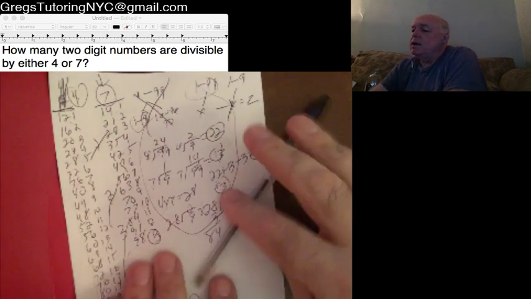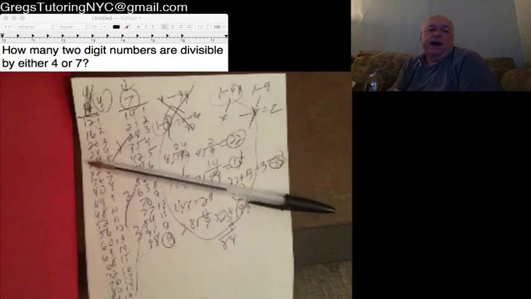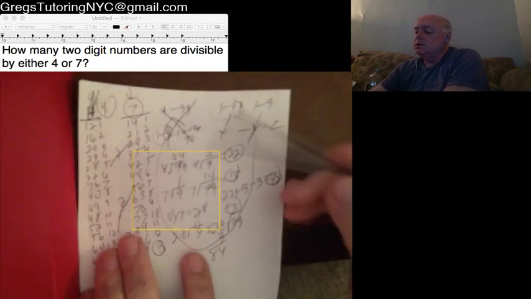Now, before you get too carried away with this, remember the question says how many 2-digit numbers are divisible by either 4 or 7. It could also say the opposite of that. How many 2-digit numbers are not divisible by either 4 or 7? The question could also be how many 2-digit numbers are divisible by both 4 and 7. Okay? This was either or. This would be both. So make a note of what question you're being asked, and I believe this is an easier solution to these